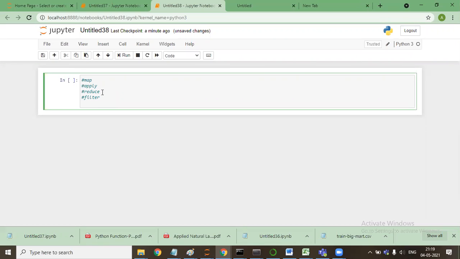Okay, guys, so let me tell you what this function is and how this function works.